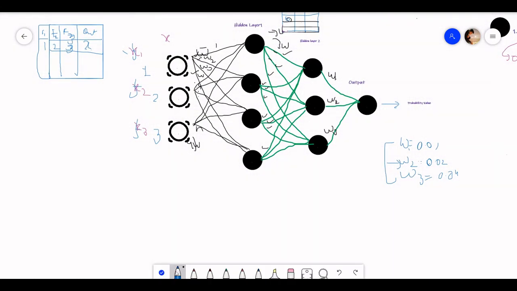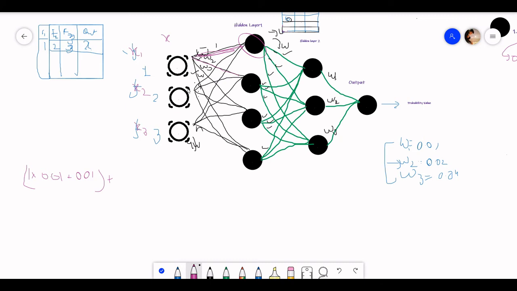Now our 1 will be multiplied with 0.01 plus bias, in this layer. Let's suppose we are finding the value for this neuron.